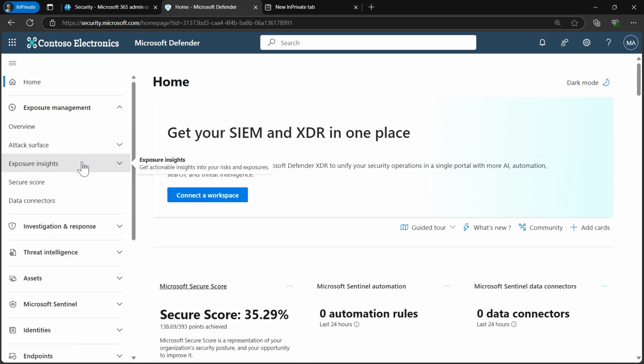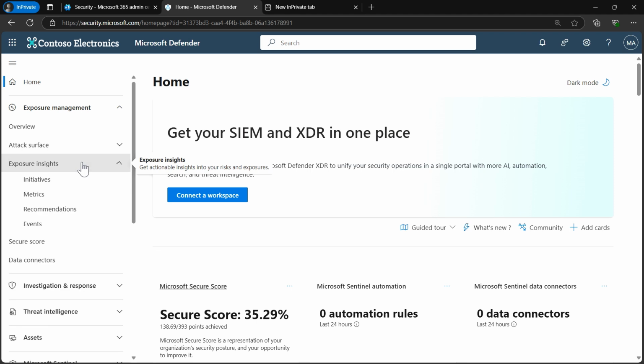I also have exposure insights here. In exposure insights, I can see initiatives, metrics, recommendations, and events. In Microsoft Security Exposure Management, we have continuously aggregated security posture data and insights across workloads and resources, and this is going to be in a single pipeline.